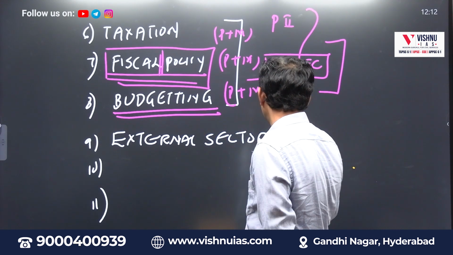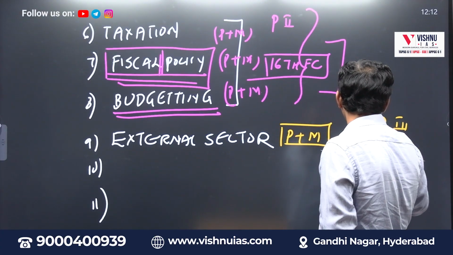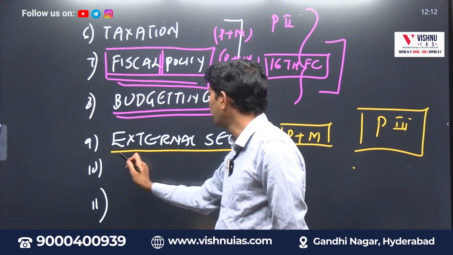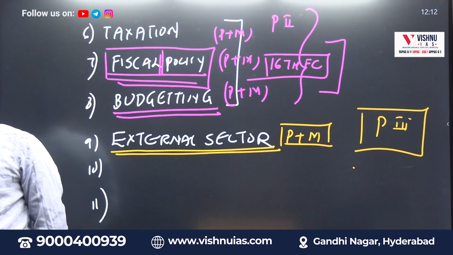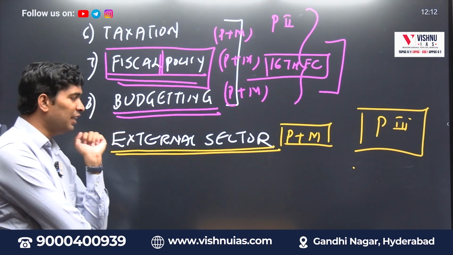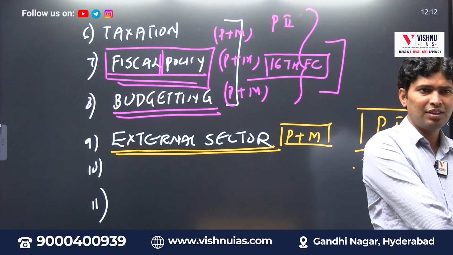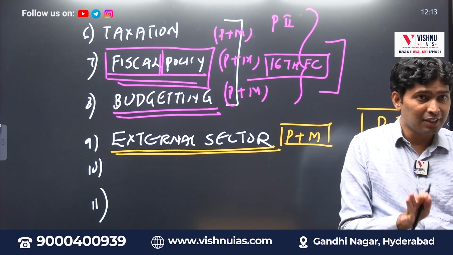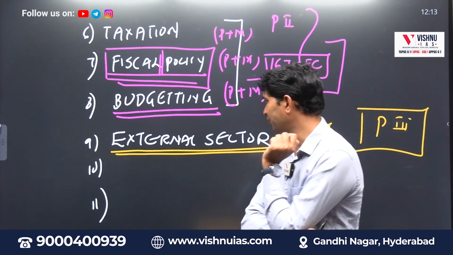Basically, the essence is that this is also important for prelims as well as for mains, which we call pillar 3. Because of Donald Trump, because of the tariff war, this external sector has become so relevant now. So you will be reading so many words: customs duty, countervailing duty, anti-dumping duty, tariffs, non-tariffs, openness, protectionism, BOP crisis 1991, LPG reforms. Recently Sri Lanka went into a BOP crisis. So how do we protect ourselves from external influence? How do we manage ourselves in the uncertainty of global circumstances? That is called the external sector.